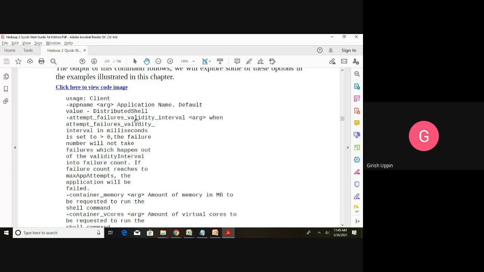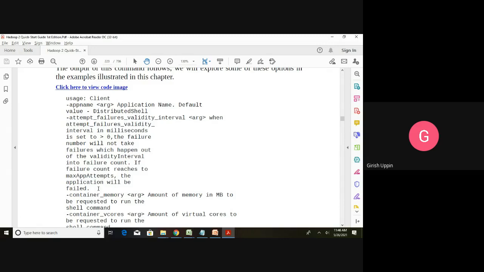Similarly, hyphen attempt failure validity interval, you can give the argument, and the description for that is: when this attempt_failure_validity_interval in milliseconds is set to greater than 0, the failure number will not take a failure which happens outside of the validity interval into the failure count, so it will not consider that in the failure count. If the failure count reaches a certain value, that is max app attempts, the application will be failed.